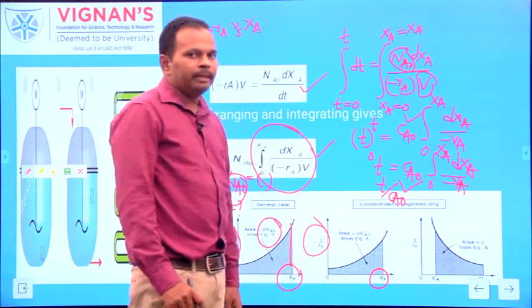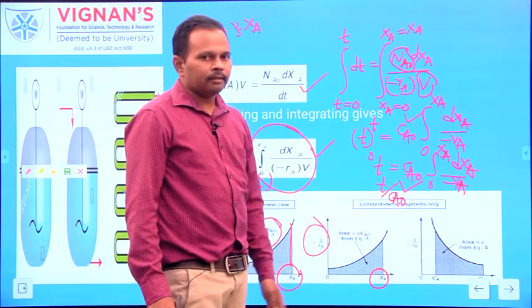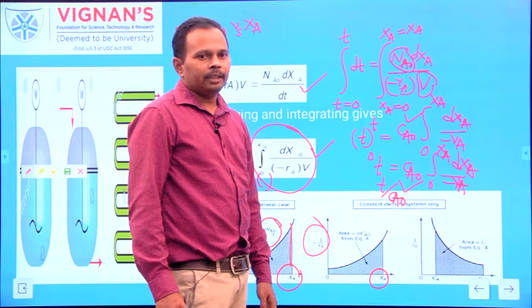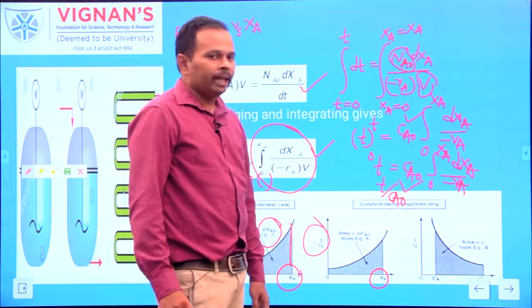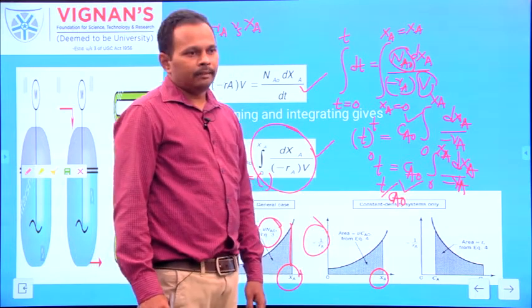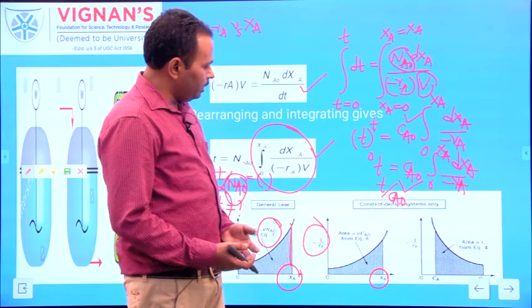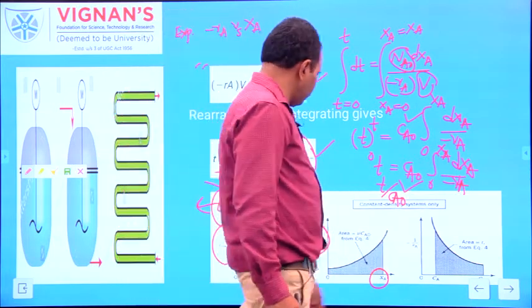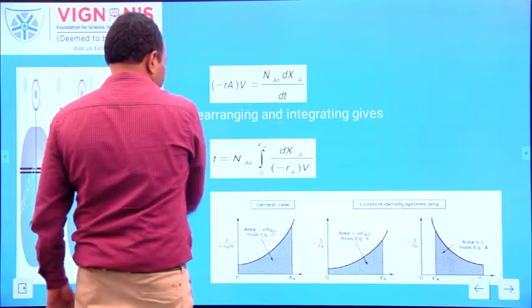You can find out the t by Ca0. Since Ca0 is the initial concentration of A before the start of the reaction, from this you can find out the batch time required to obtain the desired conversion XA. So here you can put this into some other form also. How can you put that into some other form?